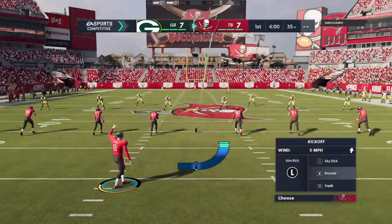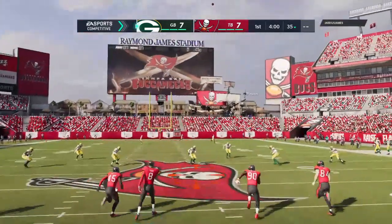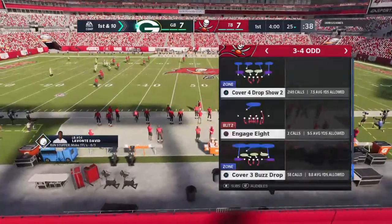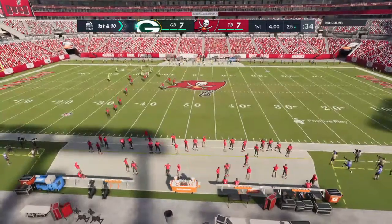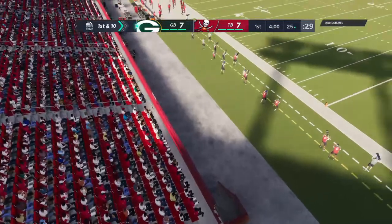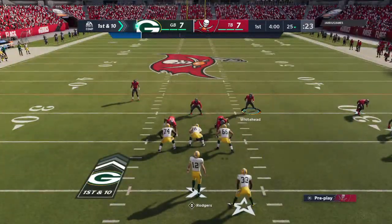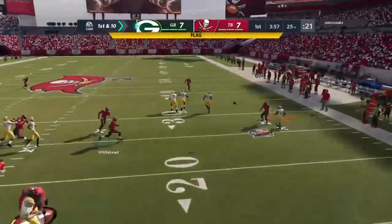Bradley Pinion to kick off for Tampa Bay. So all even at 7 now as they kick it away. Fair catch made at the 25-yard line. The Packers take over 1st and 10 at their own 25-yard line. The Packer offense ready to get their next drive underway. And for them, a touchdown their last go-around. Obviously, they'll be hoping to do that again. And when you start plotting for...